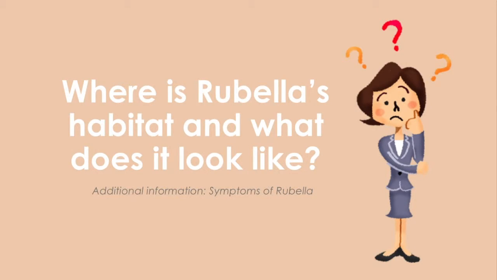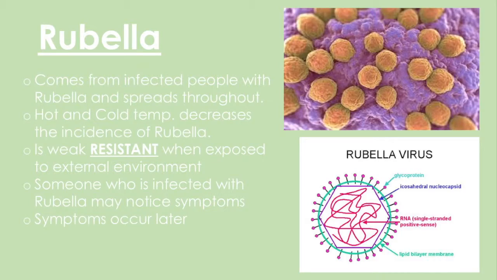Where is rubella's habitat and what does it look like? Rubella comes from individuals who spread the disease from person to person. Both hot and cold temperatures result in decreases in the incidence of rubella, and low relative humidity is a risk factor of rubella mortality. Since rubella is weakly resistant when exposed to the external environment,